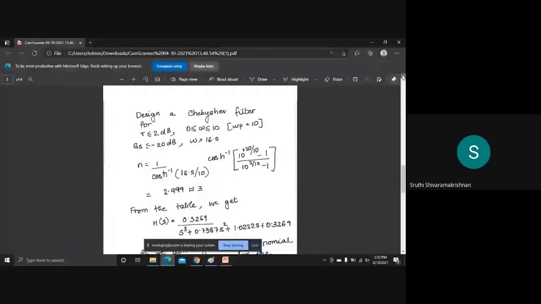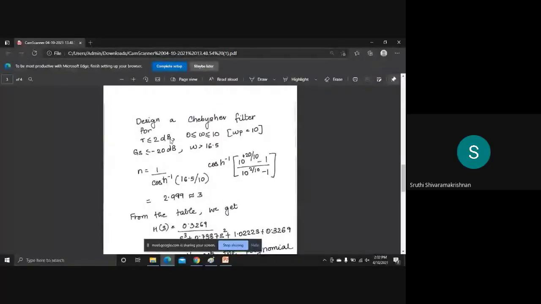So this is a small design problem that I will show you, of how we have designed a Chebyshev filter. Here it is given that the ripple R is 2 dB. Omega is between 0 and 10. This is the omega p value basically. The stop band gain is minus 20 dB, and this is the Ws, omega s, sorry. Using the formula that we saw, we find the order, which approximately comes out to be 2.993. So we round it off to 3 because n has to be an integer.